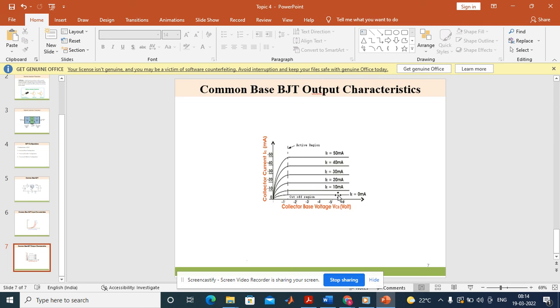The region below this IE of 0 milliamperes is known as the cutoff region, and the dashed line is shown over here, and from this dashed line, the region towards the left side is the saturation region, and the region from this dashed line until this IE equal to 0 is known as the active region. In this way, the output characteristics are divided